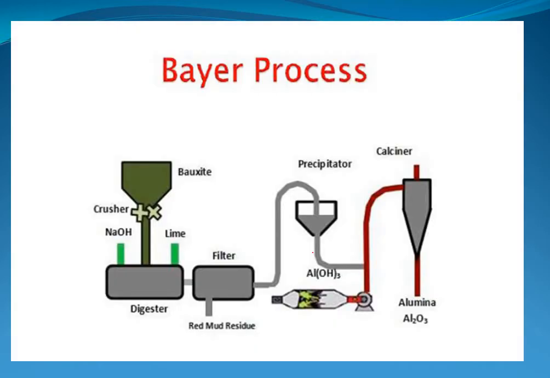And the first process for the extraction of aluminium is the Bayer's process, and that Bayer's process results in a product that is called alumina. And alumina is free from impurities, but it is present in its oxide form, that is with the oxygen atom. So from this we want to remove that oxygen completely, and we want our pure metal aluminium.